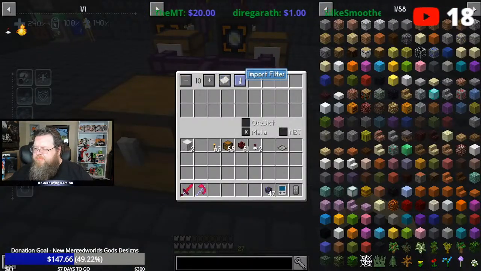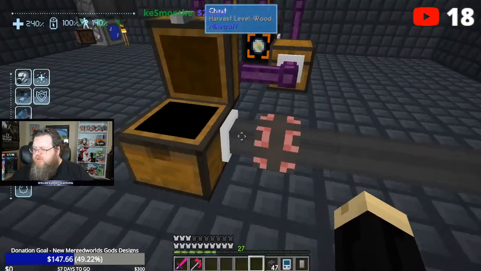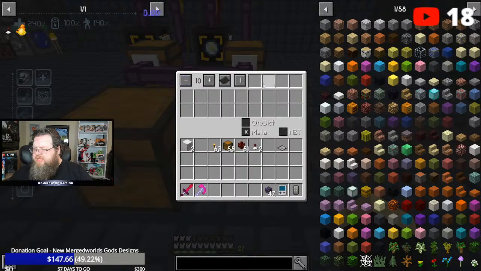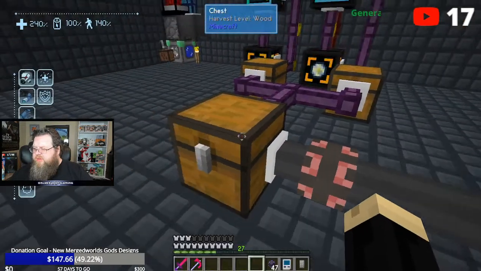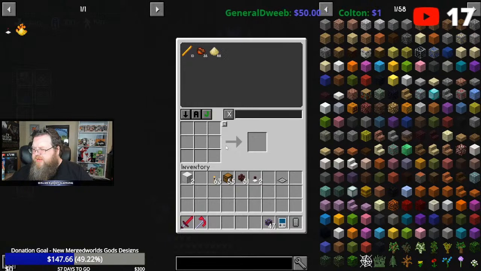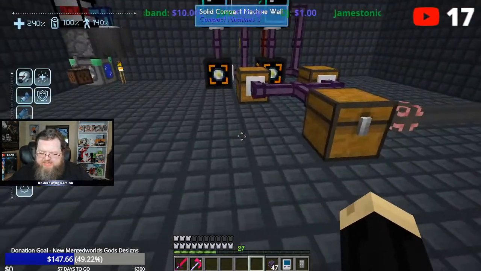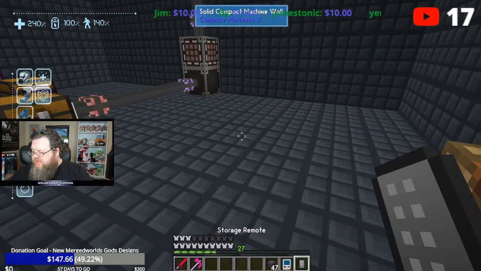Oh, it's an import cable. I gotta go like this. See this? Look like that, and then it should. Then I go in here and I make a blacklist. I click again. Get rid of those. All right, so now this should be filling up. 84. Let's wait and see. Yes, it's a higher number. Excellent. This is going